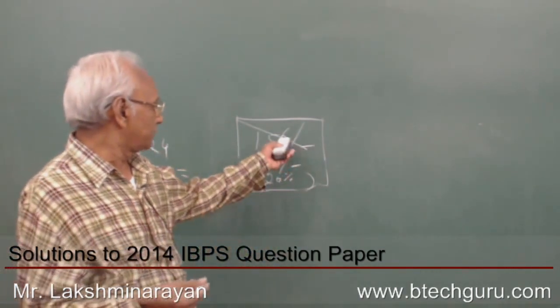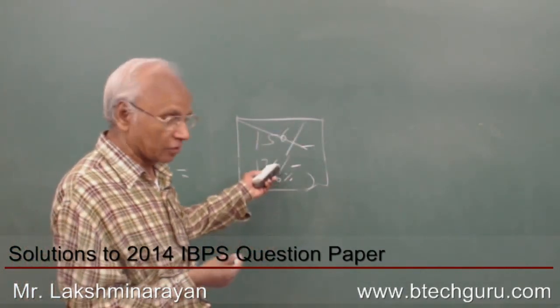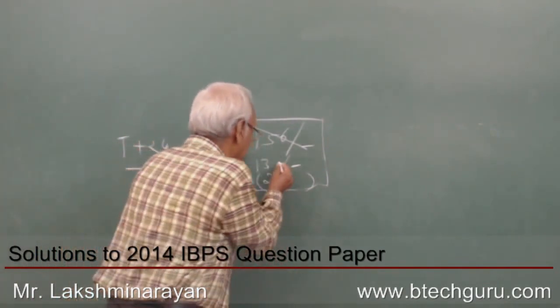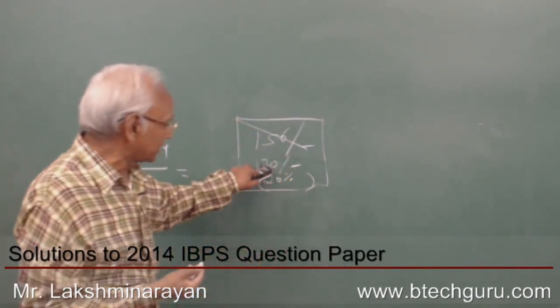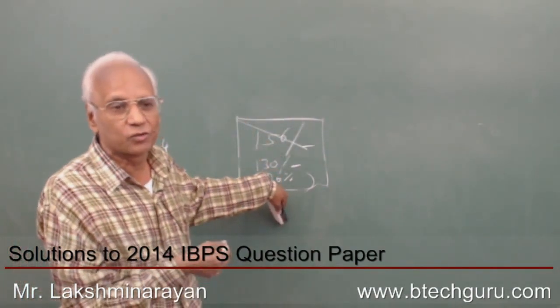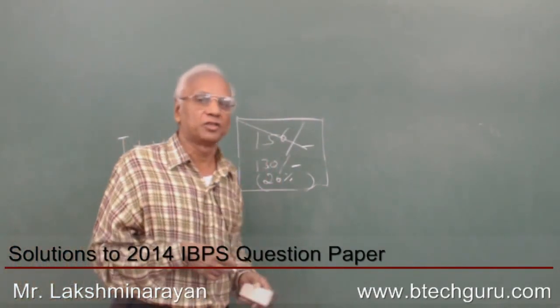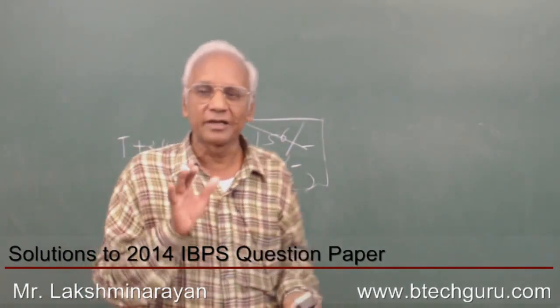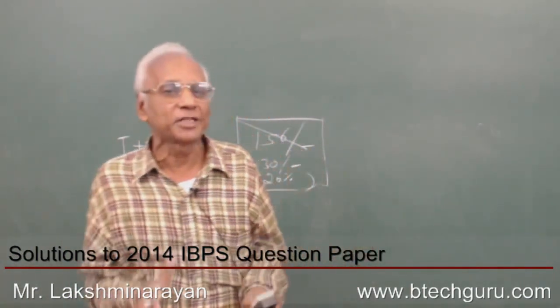20% of 130 is the increase, which makes 156. 130 is the original price, the selling price I wanted. So I will say discount, already discounted. So I will say the final price is 130 rupees. So I am ready to sell for 130 rupees, is what my original intention was.